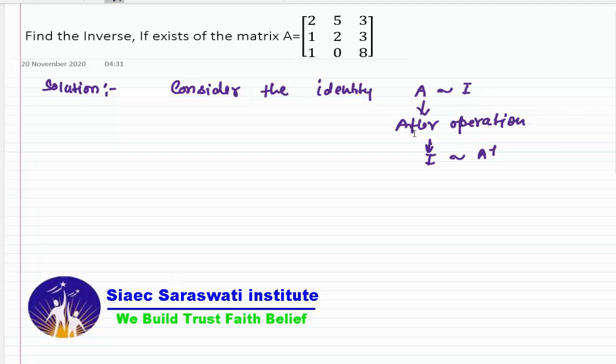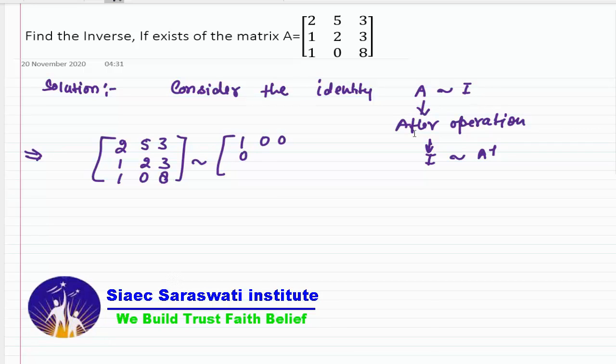So here the matrix A is given. So let the matrix be 2 5 3, 1 2 3, 1 0 8, and equivalent of this, because the order is 3 by 3, that I will be 1 0 0, 0 1 0, 0 0 1. Okay,